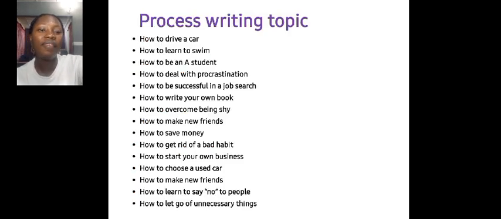We have the process writing topic. In process writing, you're basically explaining to someone how to get something done. So you write step by step, trying to explain how something is done, one step after the other, gradually and very explanatory. Examples of topics can be how to drive a car, how to learn to swim,